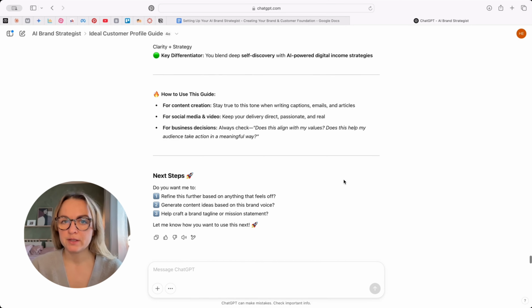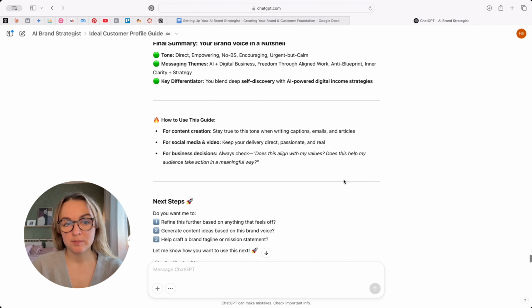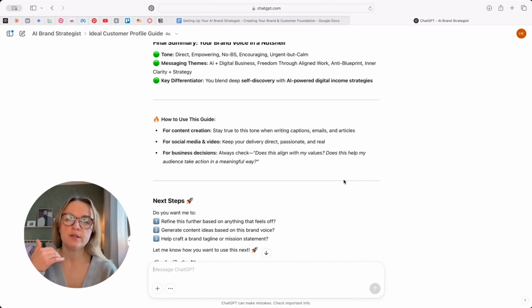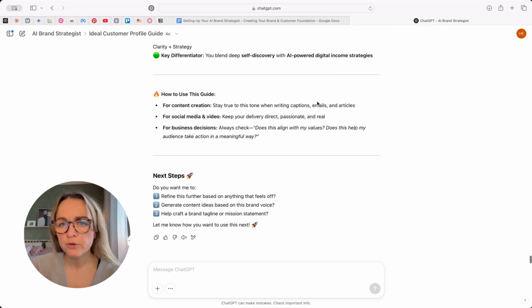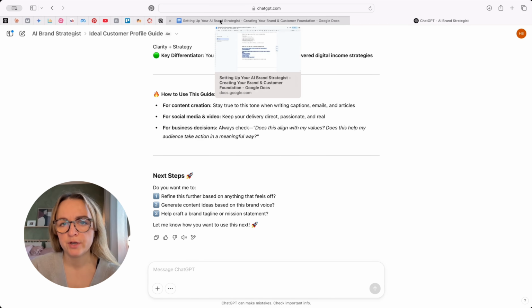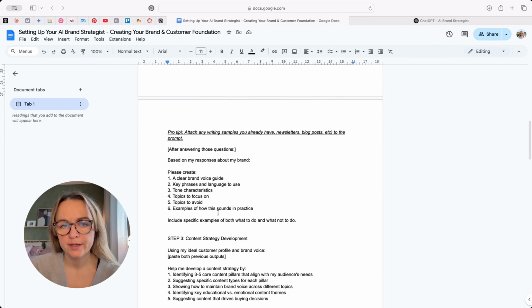If I feel like something is missing, then I'll just prompt ChatGPT again, with voice. I say, okay, this is a great description. The elements that I'm missing that I forgot to mention are this and that. Elaborate on them, and then ask to integrate into this description and reiterate that. But for this, I'm happy with this and I'm ready to go ahead.